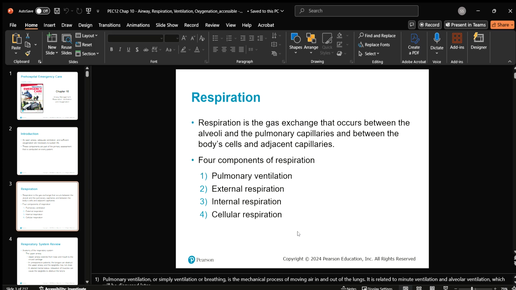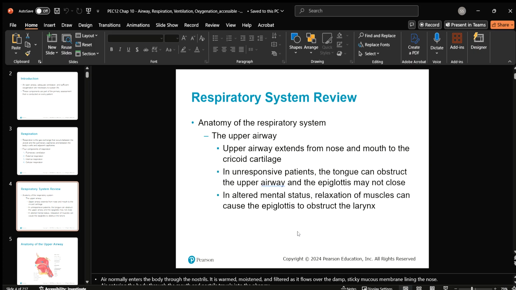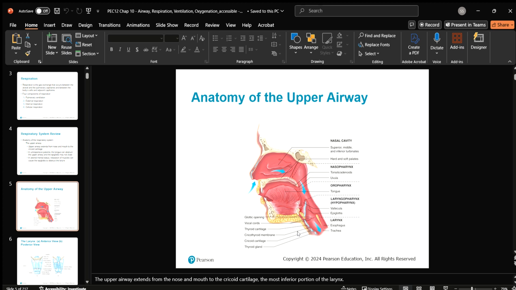All right, so talking about this, we're going to be going pretty quickly through the anatomy portion because you're not going to get too many test questions on this. This stuff is important, and you should understand the different portions of the anatomy, when we talk about the oropharynx being the mouth, nasopharynx being the nose, the laryngopharynx where your larynx begins,